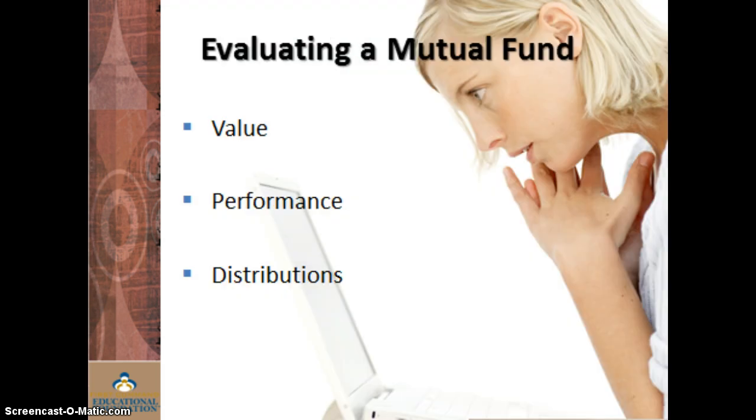Evaluating a mutual fund. Mutual fund value is determined at the end of each trading day by calculating net assets. Net assets are divided by the number of outstanding shares to determine the net asset value per share, which appears each day in the newspaper. That's the price investors would get if they sold shares that day. The offering price in the paper may be the same or higher depending on sales charges. Performance is measured by calculating the gain or loss in net asset value from the start of the measurement period to the end of the period.